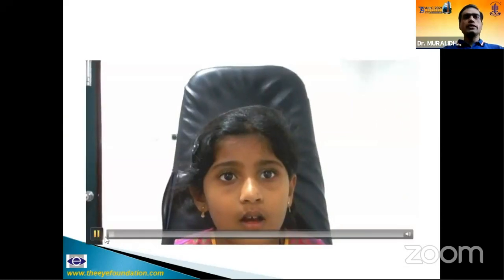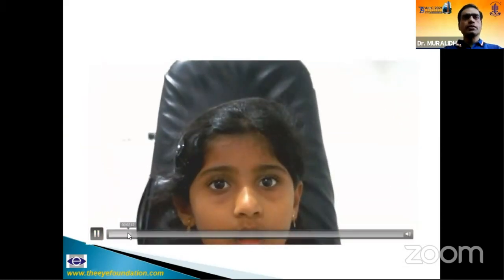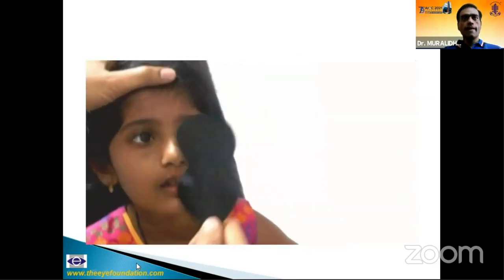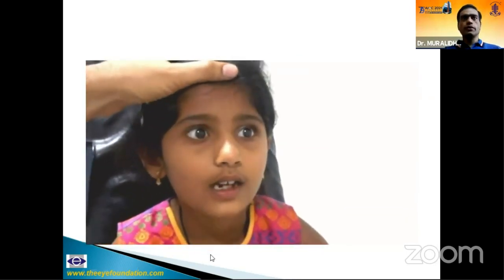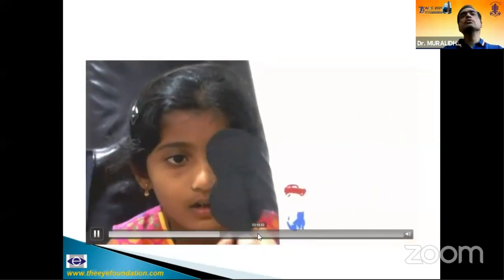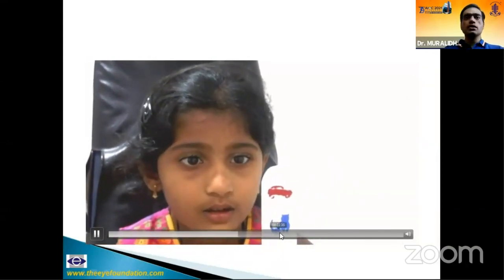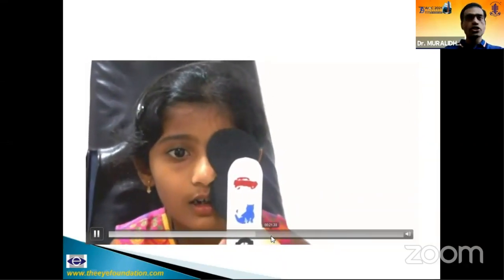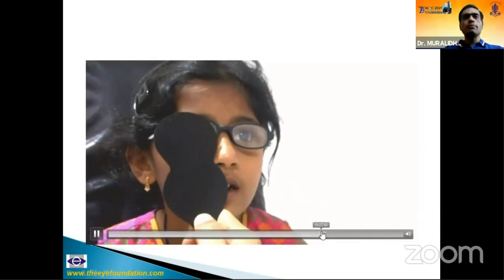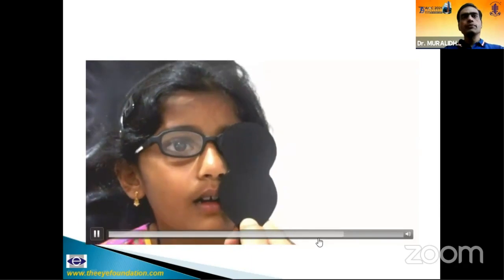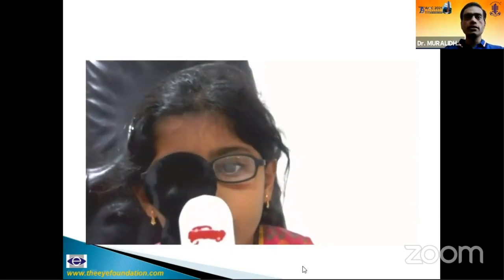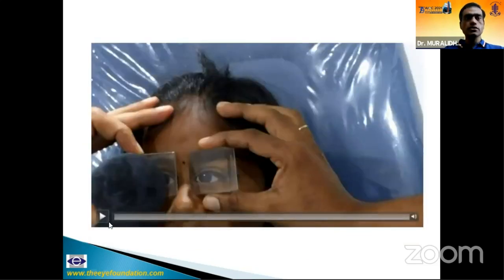So the importance of refractive error can be highlighted by this patient. This patient seems orthophoric. When you give the patient a distance fixation target, she develops an esotropia. Here again, if the mother says the child has strabismus and you don't find any, do give the patient a fixation target, an accommodative fixation target. A torchlight should never be used. So with plus glasses, when you give the patient the appropriate hyperopic correction, there is no strabismus. So this is a dynamic squint, and only glasses are to be given for this patient.